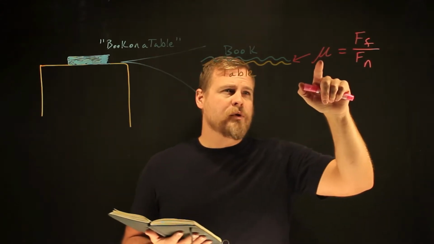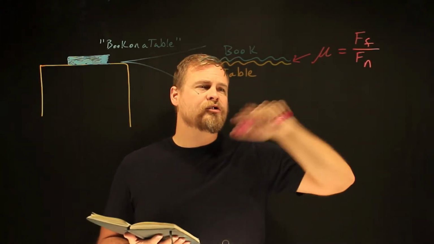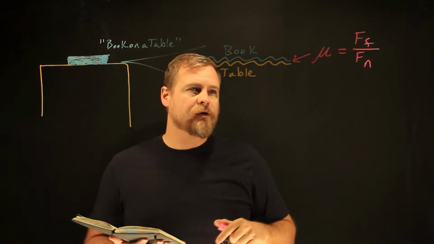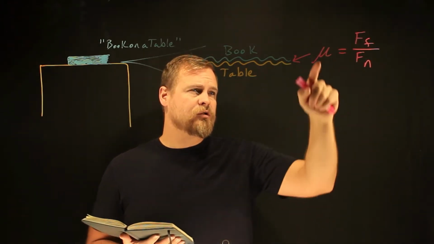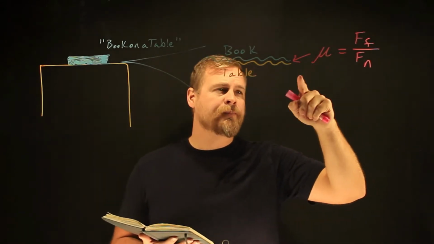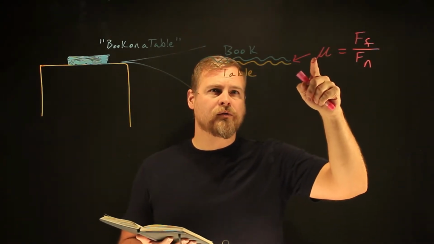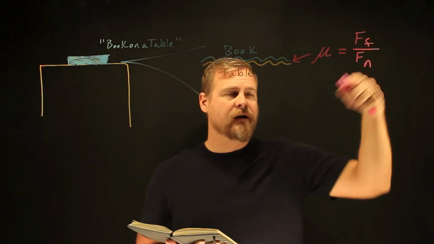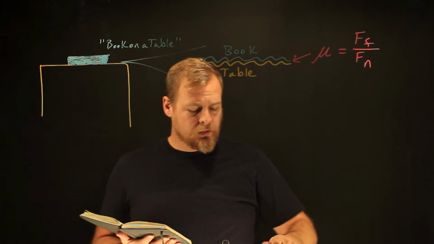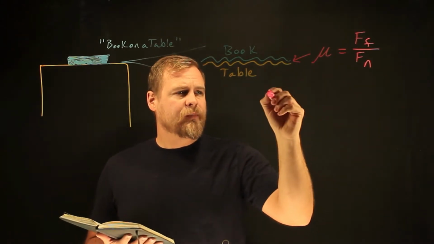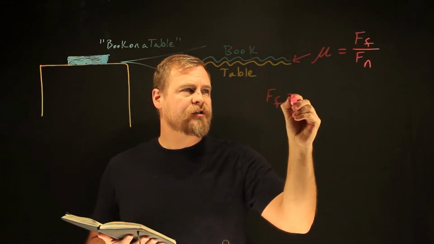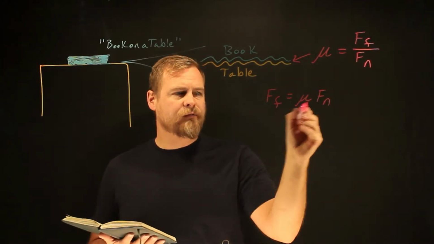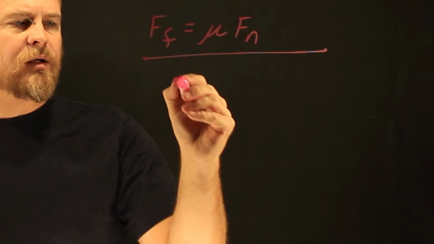So this is mu. This is called the coefficient of friction, and this relates the two materials, any two materials. So this coefficient of friction is testable, and it's known between certain materials. It is based on the force of the friction divided by the normal force. So if we rewrite this, the force of friction is equal to mu times the normal force. We could say that friction is dependent upon,